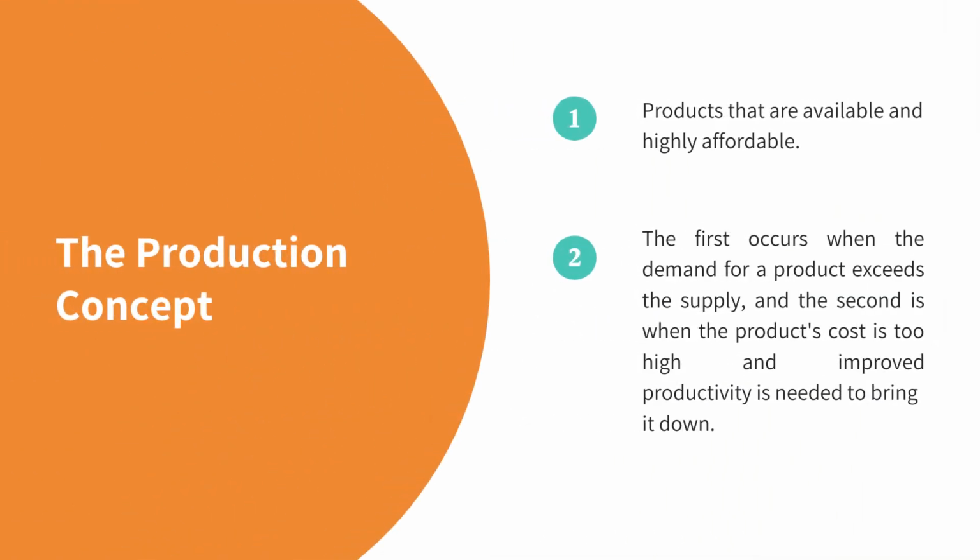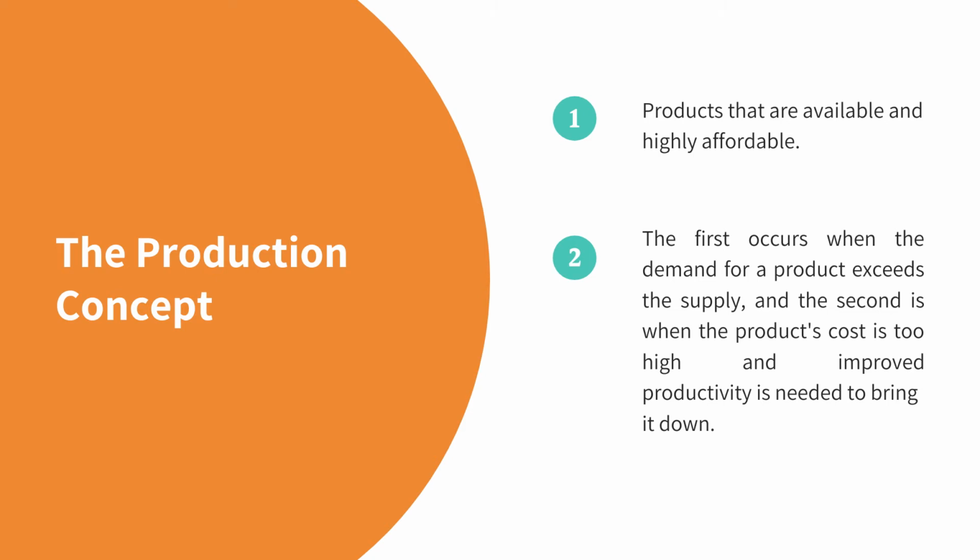We're going to start with our first philosophy, and that is a production concept. So something interesting about this concept is that it's one of the oldest philosophies that we have. And if you think about it, it is really obvious because before what people wanted was to make money and to sell their products everywhere. So the production concept holds that consumers will favor products that are available and highly affordable, and that management should therefore focus on improving production and distribution efficiency.